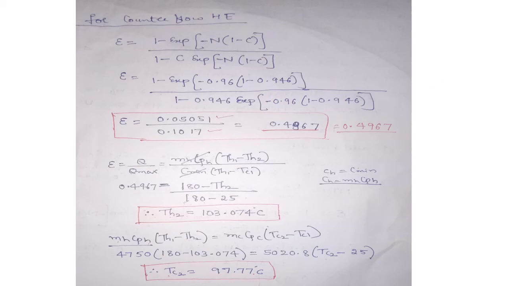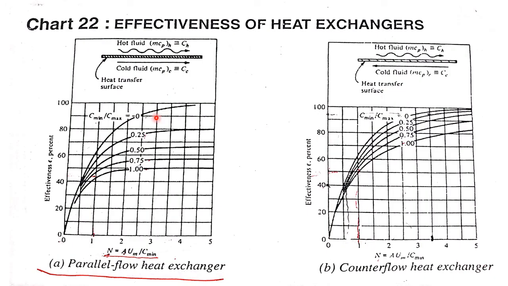So let me explain here. See here, these are the graphs which are available in your data handbook. These sketches I have taken from the data handbook of Hegde and Niranjan Murthy. The same graphs are also available in your another data handbook, that is Kodandrama. Here I have taken only the sketches of parallel flow heat exchanger and the counter flow heat exchanger.